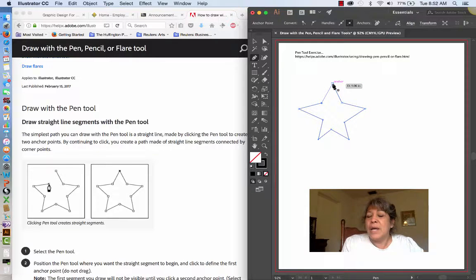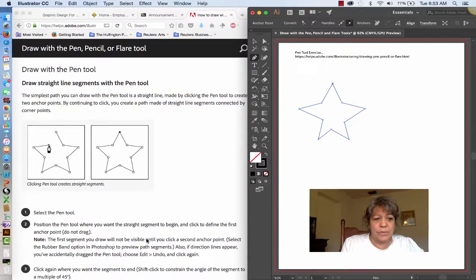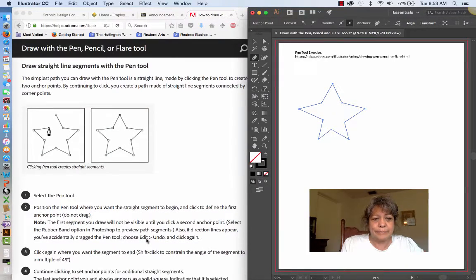But now you'll notice as I come back to close out my path with the last point, see the little circle right beside the pen tool? That indicates that I'm closing that path out now by clicking on this anchor point. And there we go. There's the closed path. Now, if I want to, I can also